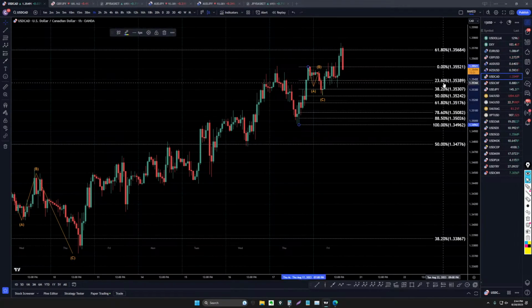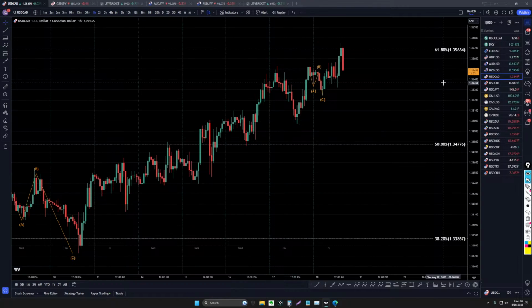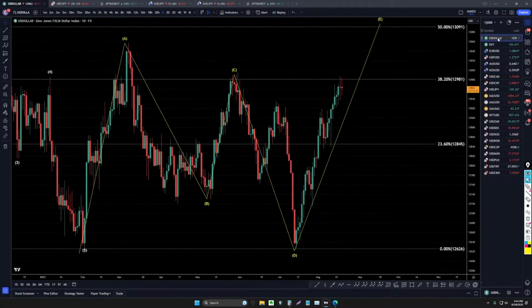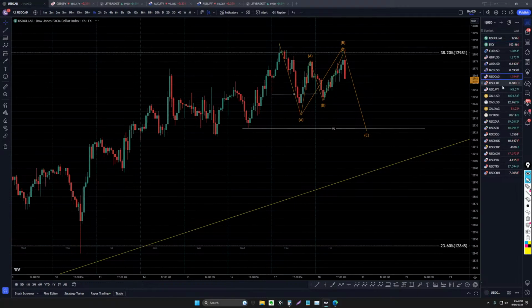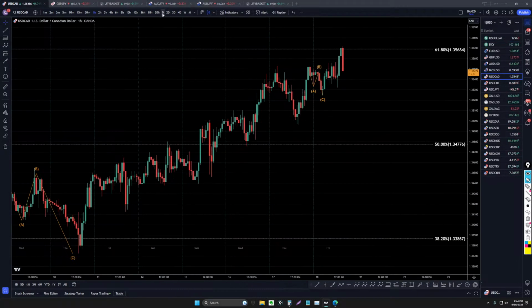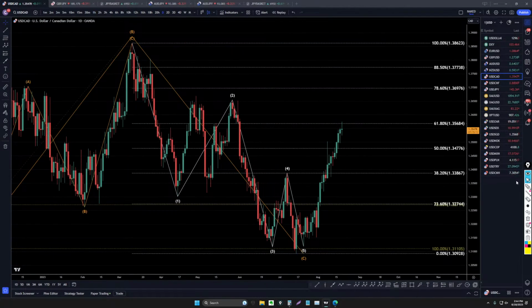US dollar CAD is making a pretty good turn down too. It does look like the dollar's definitely turning. Oh yeah, look at that. That's definitely the end of a wave B right there. Almost for sure. So the US dollar CAD finally touched that 61% fib level,